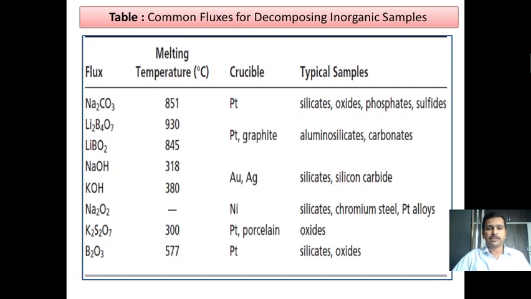Therefore, the implementation of the sampling plan is very important. Apart from the sample collection, and apart from the analytical procedure that has to be implemented for analysis, we should have an idea about how to collect the sample, how to preserve the sample, and how to treat the sample which has been collected, so that the components present in the sample are maintained intact. Our aim is not to lose any component which is present in the sample. We have to maintain all of them intact, and we should not lose even one of them. So during the analysis, we must be in a position to report the quantities of each and every component.